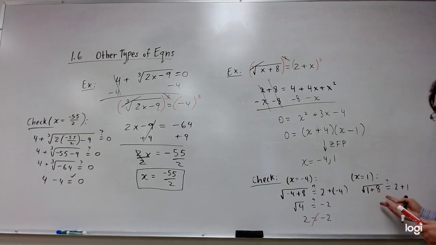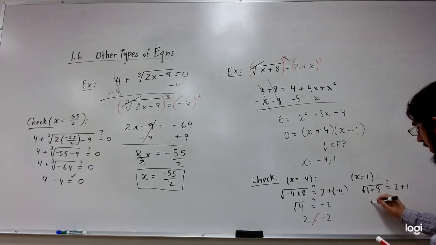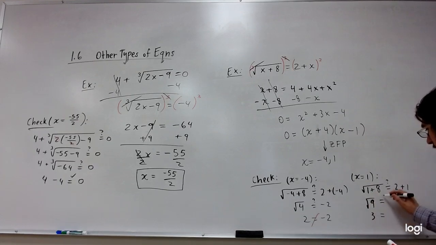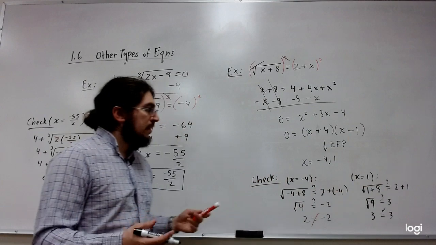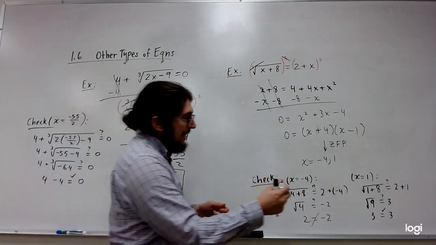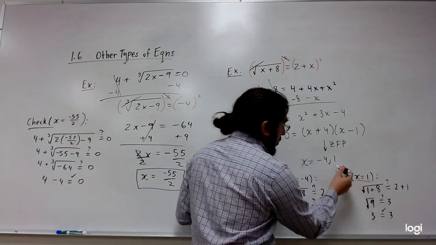Okay. What happens here, we get 1 plus 8 is 9. The square root of 9 is 3. So we get 3 on the left. On the right, we get 3 as well. 3 is equal to 3. Perfect. So as it turns out, x equals 1 is actually a true solution,